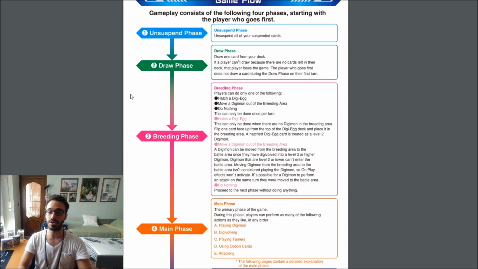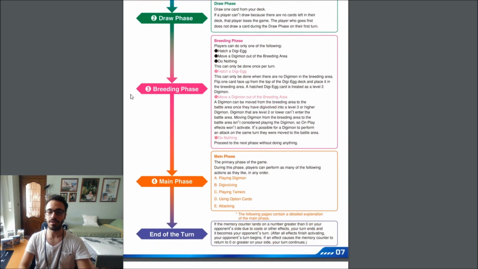Then there is the breeding phase, which is the phase in which we use our Digi-Egg. We can hatch a Digi-Egg and put it just next to the Digi-Egg deck. We can move a Digimon out of the breeding area if there is a Digimon already Digivolved over our Digi-Egg, or simply do nothing. Then we have the main phase, which is really fluent, a miscellaneous of battle phase,